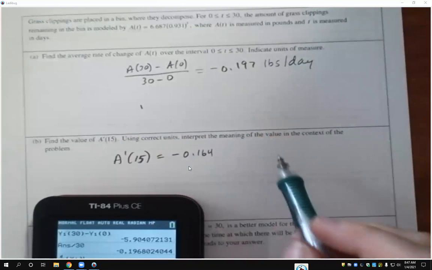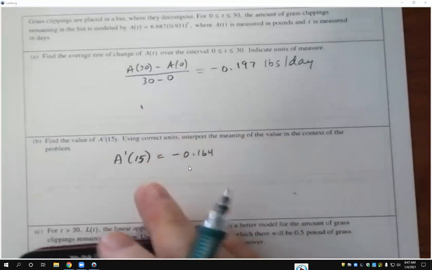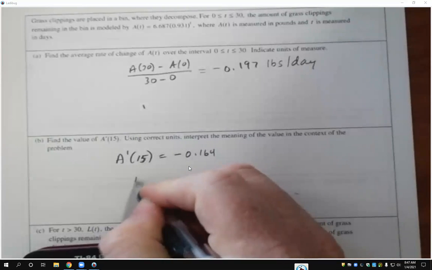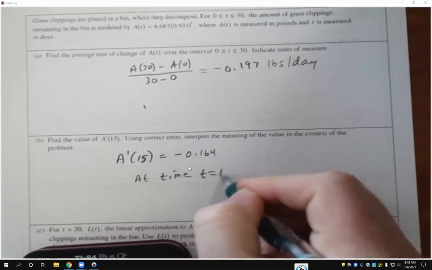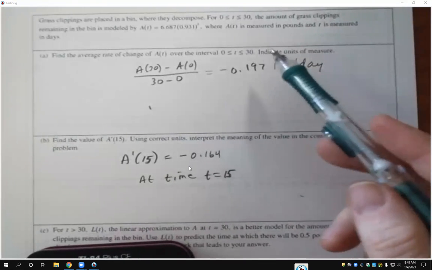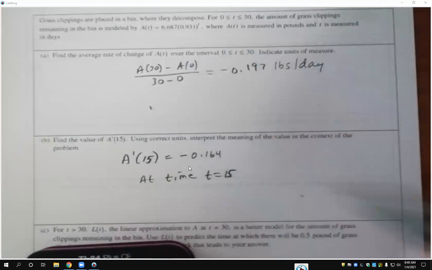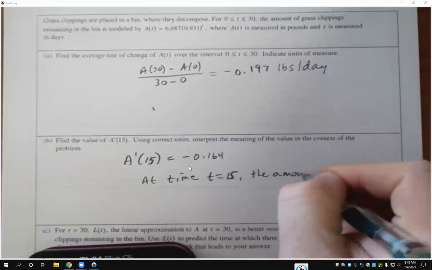And it asks you to interpret that meaning. The meaning of that is you have to say these things. You can't just say the amount of grass clippings are decreasing. You have to say at this specific time. So at time t equals 15. I can't remember if it says the time is measured in days. Yeah, in days. So at time t equals 15, the amount of grass clippings